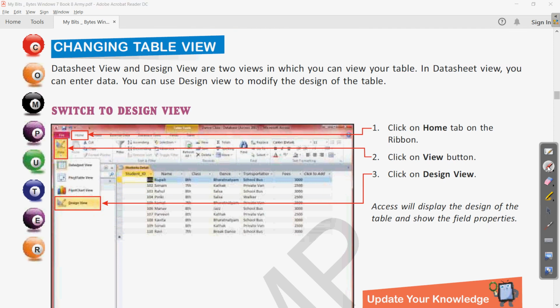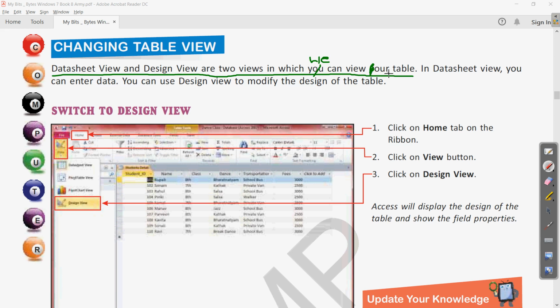The answer is here: datasheet view and design view are the two views in which we can view our table. In place of view, you will write V. So make the changes accordingly: datasheet view and design view are the two views in which we can view our table.